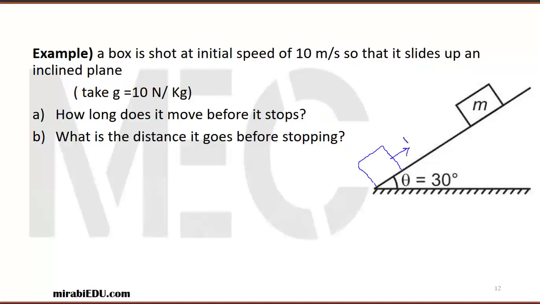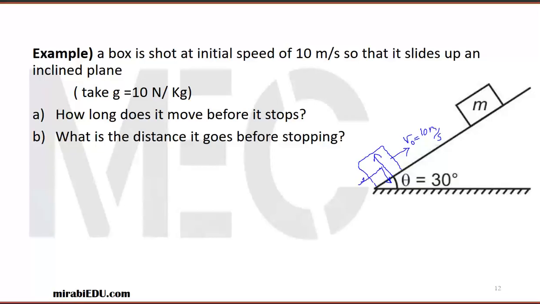We just apply a force and leave it, so the initial velocity, since it is shot, is 10 meters per second. Then the components of the force perpendicular to the plane cancel out each other,